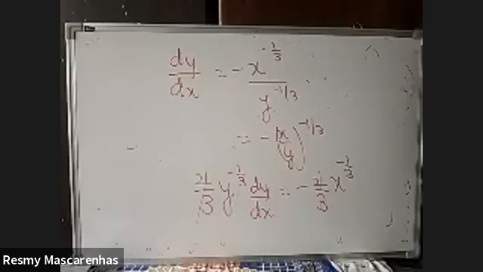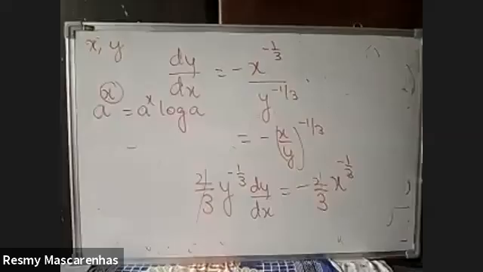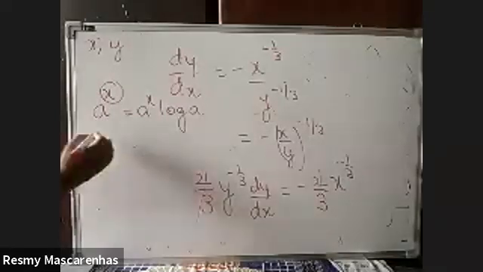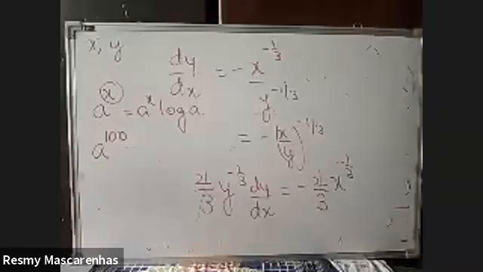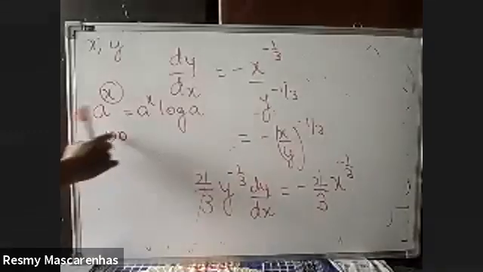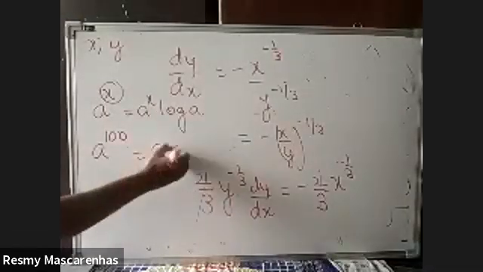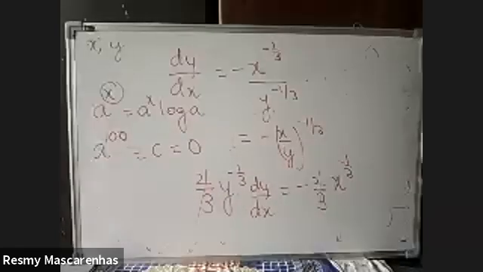Derivative of number raised to function, already you know it is a raised to x log a. So a raised to x, suppose if it's a variable. But if a raised to 100 is there, it is still a number, doesn't matter. Number raised to number is always a constant and the answer will be 0. Understood the difference?